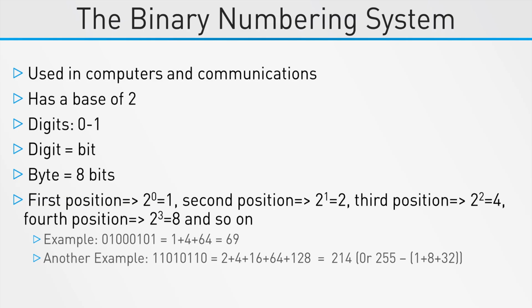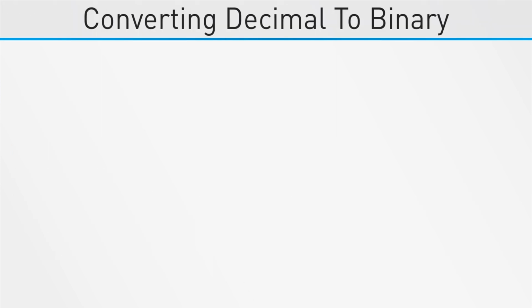So we have seen how to convert binary to decimal, and we have to know how to do the opposite, how to convert decimal to binary. The first way is the repeated division by 2 method, where we divide the number by 2 until we reach a result of 0, and we record the remainder of each division step. So let us take the following examples using the same numbers we have seen in the previous slide.